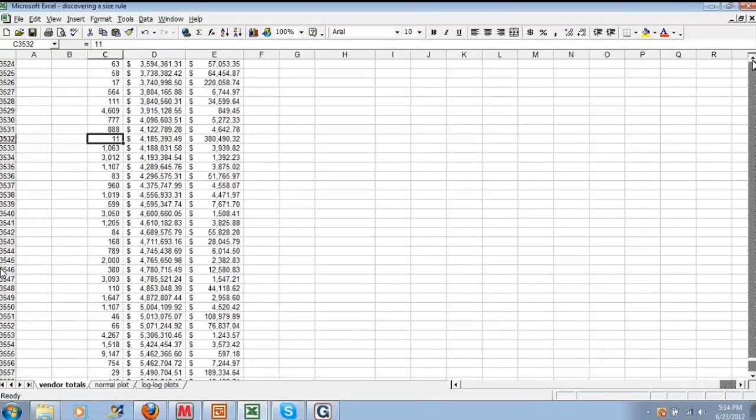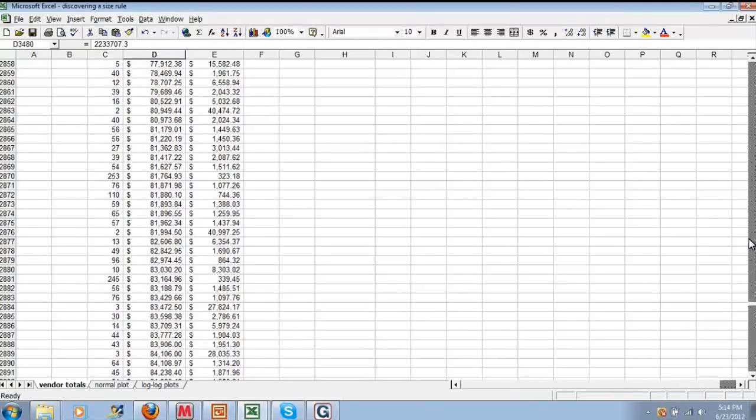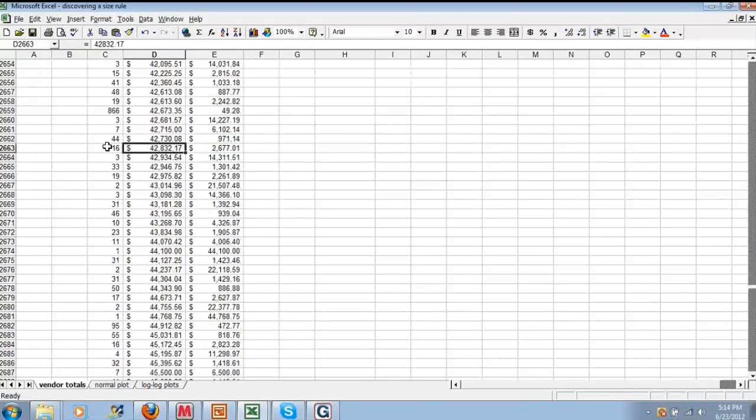There's no rule. Oh, you see now, here's a vendor. It's the highest value single invoice vendor in the set. This vendor did $2.2 million worth of work and charged it all to one invoice. So we've got this data set. I'll just scroll through a little bit more of it. You can see I've sorted it, and eventually, when you get down low enough, these numbers start to come down. But here's a $42,000 vendor, and he submitted 866 individual invoices. Now this is expensive in terms of processing. This is like $49 worth of invoice, and then who knows how many dollars worth of processing costs.